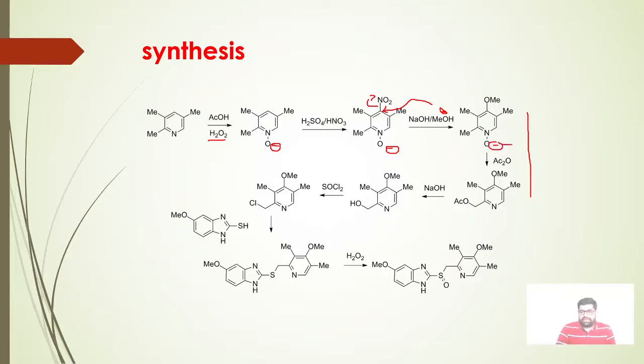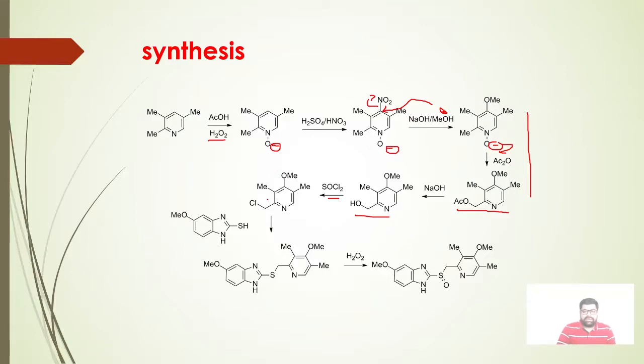As you know that this is an N-oxide, it will attack the acetic anhydride and the OAc will be removed from the pyridine, whereas here we get the carbocation or double bond by removal of hydrogen, and then this carbocation is again attacked by the OAc molecule and we get CH2OAc over here and removal of the N-oxide. So once we get this acetate derivative, this acetate protection is hydrolyzed or removed by treatment with NaOH and we get the free OH over here. By converting this OH to Cl, by treating it with SOCl2, we get the halide derivative.